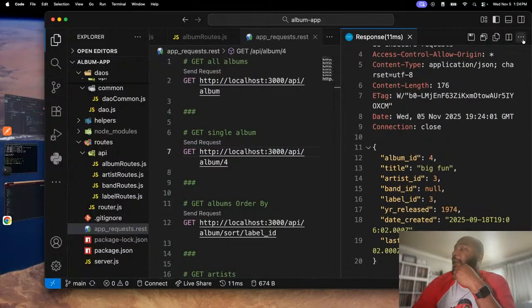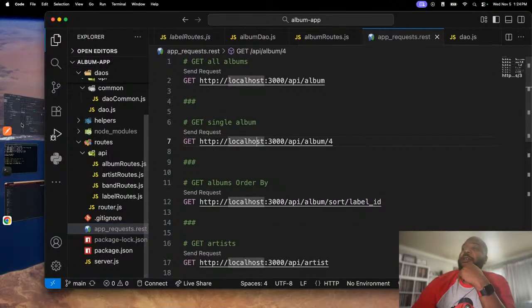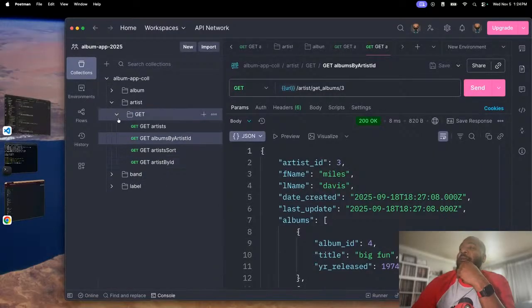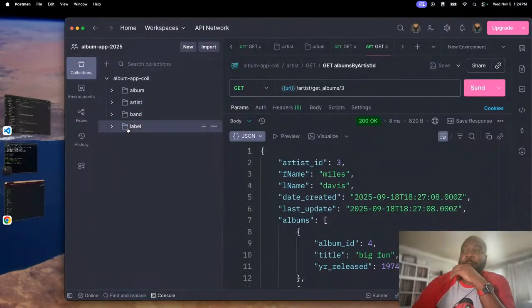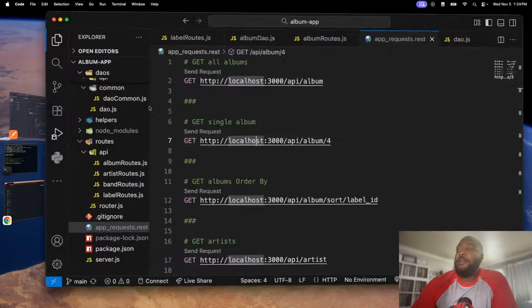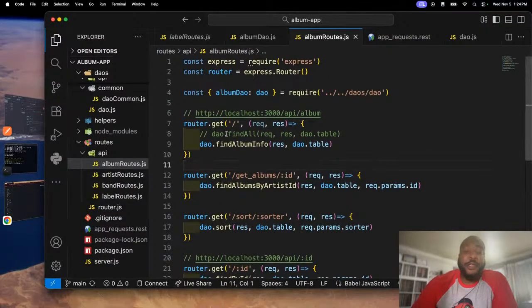Okay, so we can do that, and we used Postman, and we've already set up our collection in Postman so that we now have GET requests for labels. So if you have not done that yet, so for album, artist, band, and label, you can go ahead and do that by using all of the different routes that you have inside of your